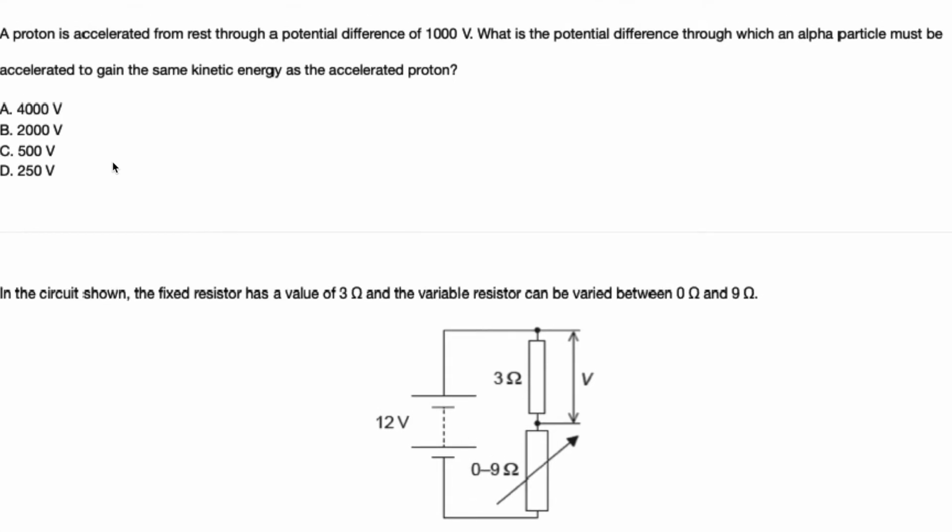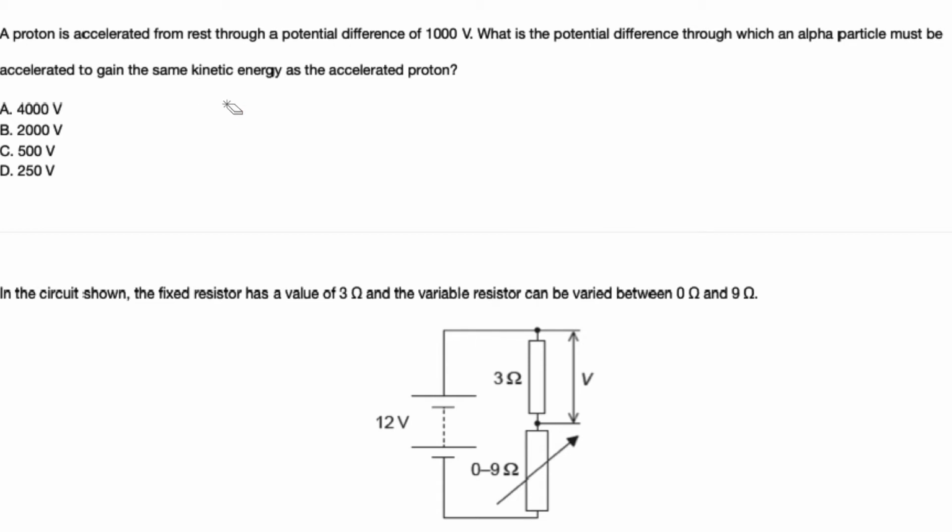A proton is accelerated from rest through a potential difference of 1000 volts. What is the potential difference through which an alpha particle must be accelerated to gain the same kinetic energy as the accelerated proton? So the change in kinetic energy is equal to the work done by the potential difference, which is equal to